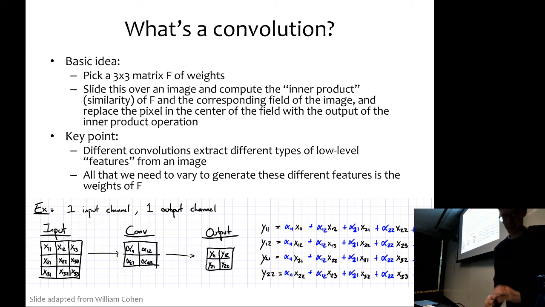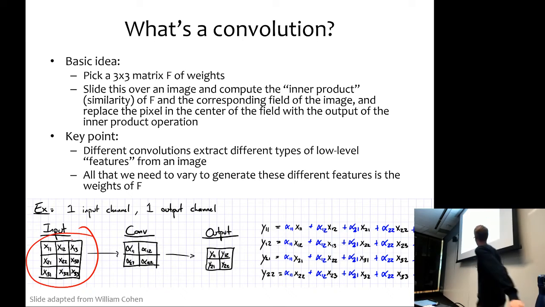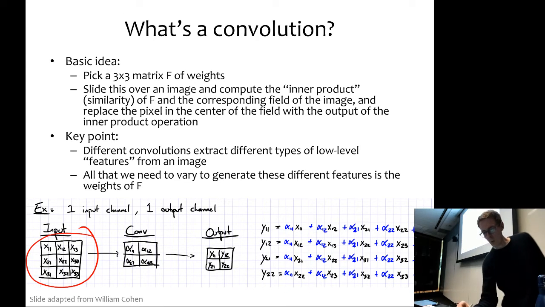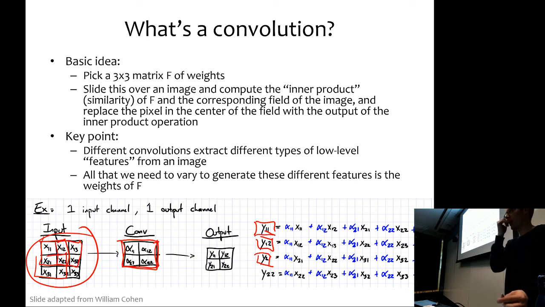So the idea here is that if you have an input image that's, say, 3 by 3, you can take a convolution, which is these parameters, 4 of them, 2 by 2, and you're going to get out an image where y11 is the dot product of this convolution with the upper left corner. And y12 is the dot product of this convolution with the upper right corner, and so on down the line. y21 is the bottom left corner, and y22 the bottom right corner.